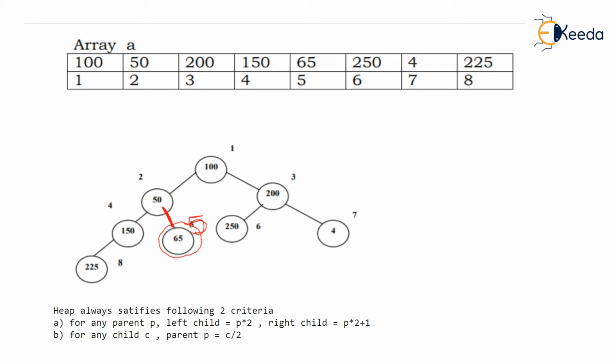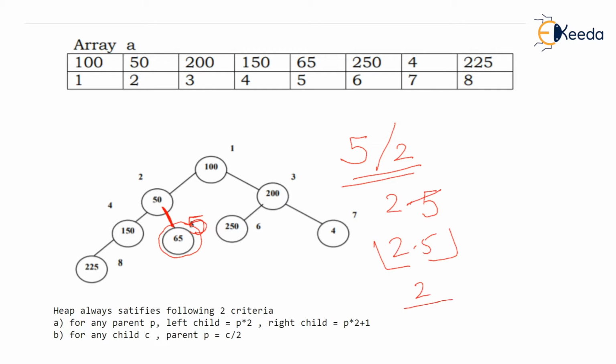then you can easily find the parent of this node number 5 by dividing the node number 5 by 2. So 5 upon 2 is 2.5, isn't it? But listen, we are going to talk about integer arithmetic here. So instead of 2.5, we will say floor of 2.5. I hope you understand. Floor of 2.5, which is 2. Now you watch it again. This node number 5 is really having its parent located at node number 2.